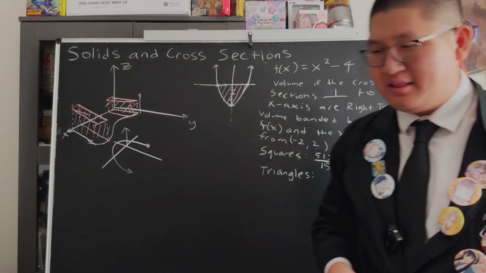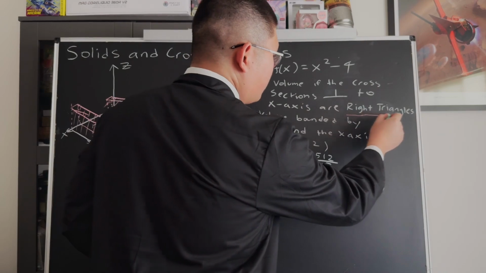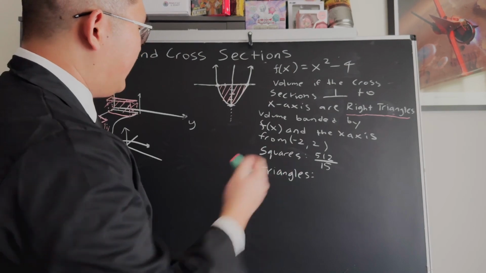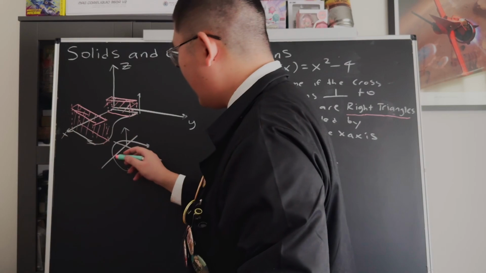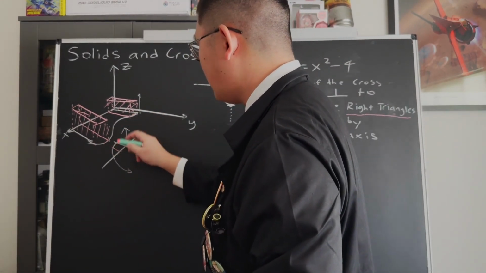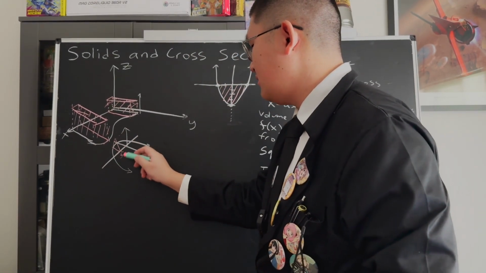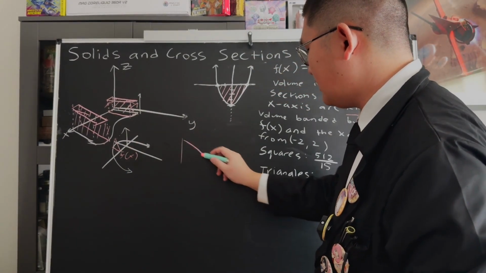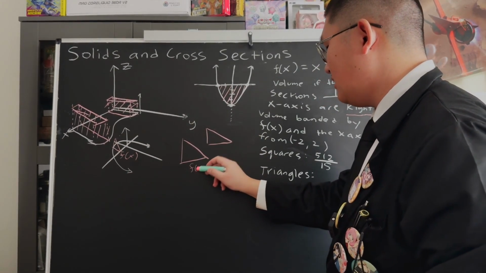We have a little change to the problem if we were going to ask, instead of squares, for right triangles. That's right. We are going to change the shape, which of course will change the volume as we integrate across. Right triangles? Well, let's think about that. If we had, instead of a full square going across, what if we just had a right triangle? So it goes horizontally and then vertically in terms of f of x, and then we just go diagonally across. The idea is that we have multiple right triangles going across the limits, the base and height both being